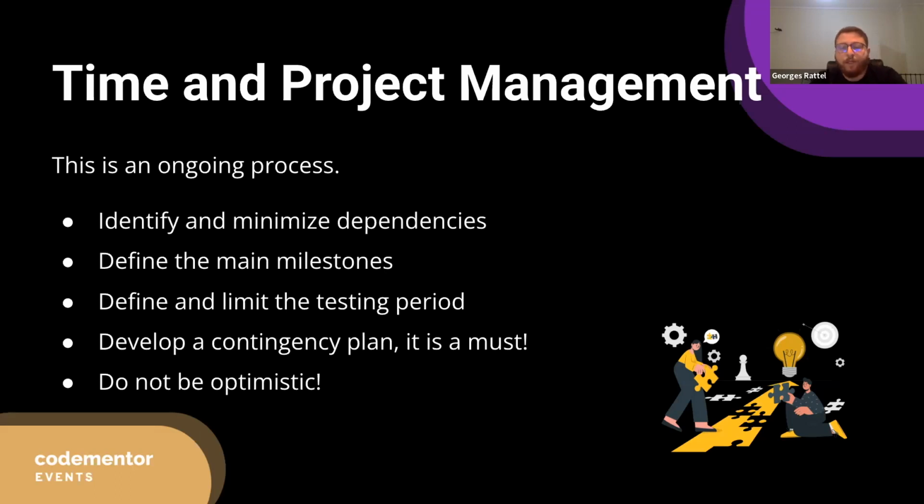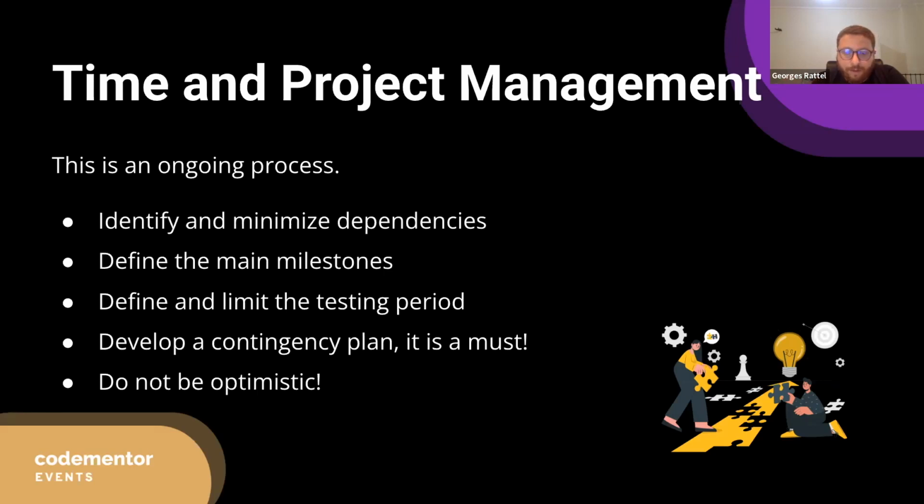So other than minimizing and identifying dependencies themselves, it's important to define the main milestones. So when to expect to release what, and usually the milestones are really related to the dependencies as well, because each milestone needs a set of features to be done in order to be closed, etc. So defining the main milestones,